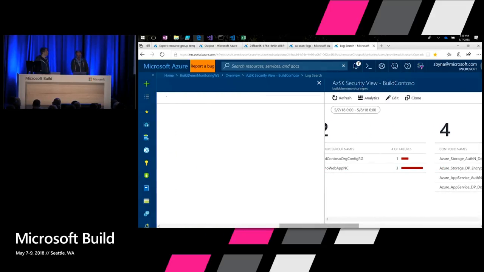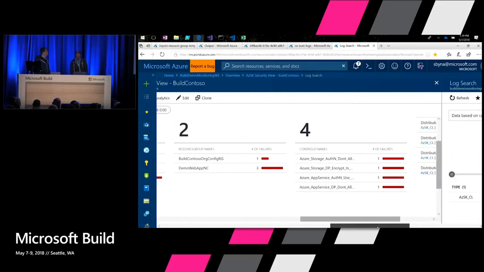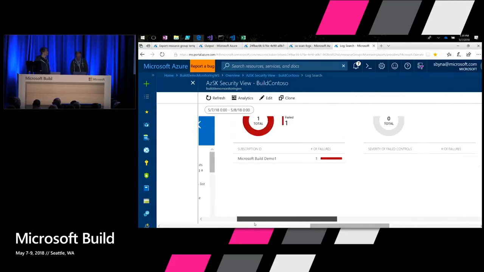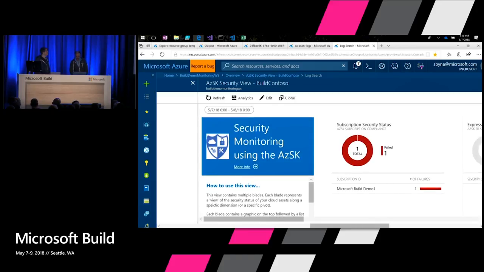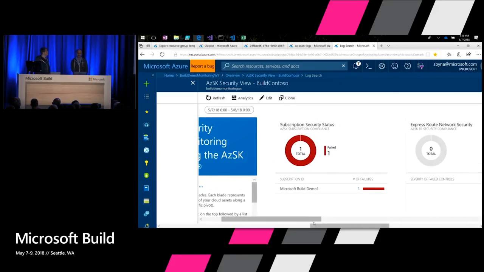I can double click on that, and it has a bunch of information. There's a detail about what this view is about, and it also tells me there are some failures. So this tile, this view is collating all the data on your OMS workspace and presenting it in some viewable format. This can be modified based on application needs. So in this case, if I have multiple subscriptions, the engineer can see immediately in this tile what is the health of my subscription. If any of my subscriptions is green, it won't come up here, right?